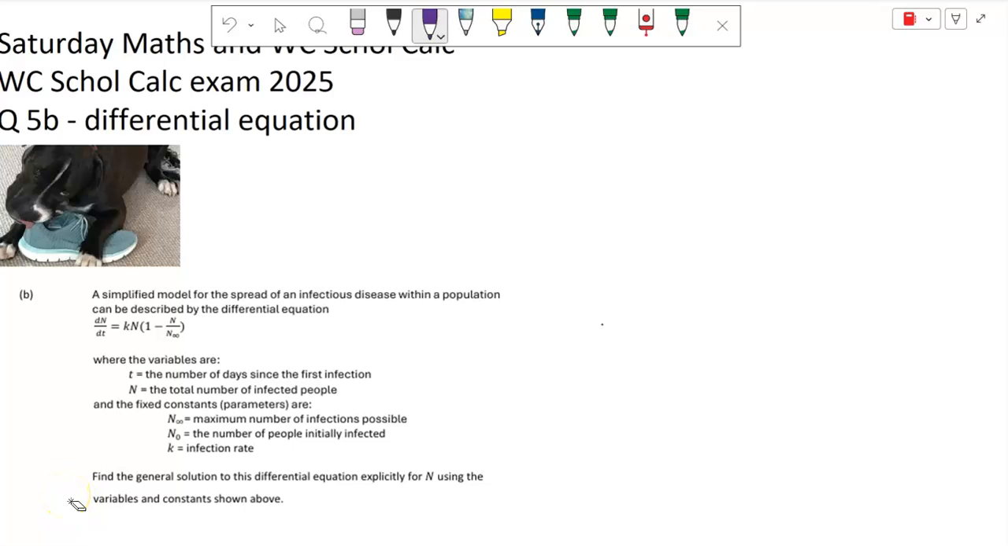Kia ora koutou. I'm going to work through this differential equation question from the Wellington College Scholarship Calc exam. So it's reasonably straightforward. I think you have to, as usual, keep track of what's a constant and what's a variable, and you have to be really confident with your partial fractions, which is why I put this question in the exam. Partial fractions problems do come up in scholarship calculus, and if you're not fluent with the technique, go